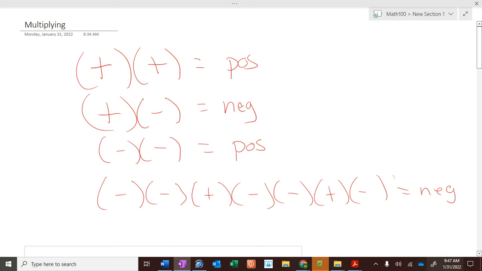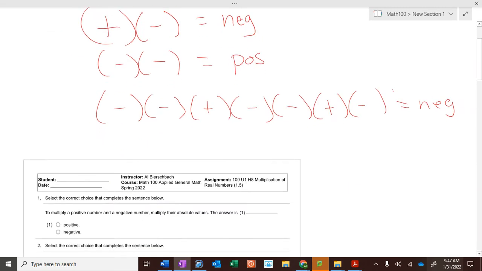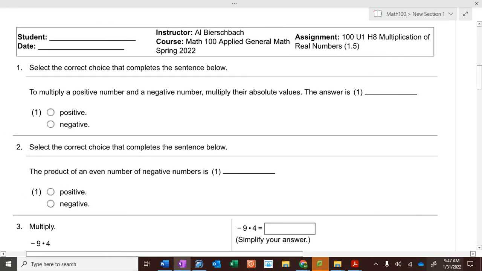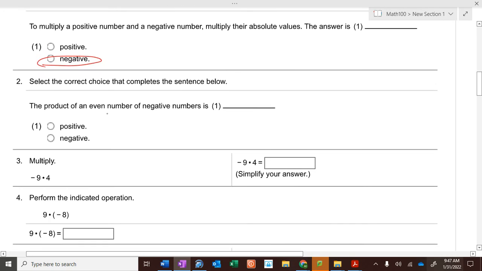What's an easy way of figuring out whether something's positive or negative? You count the number of negative signs. If there's an even number of negative signs, it's going to be positive. If there's an odd number of negative signs, it's going to be negative. So, when you multiply a positive times a negative, you multiply their absolute values, and the answer is going to be negative. The product of an even number of negative numbers is always going to be